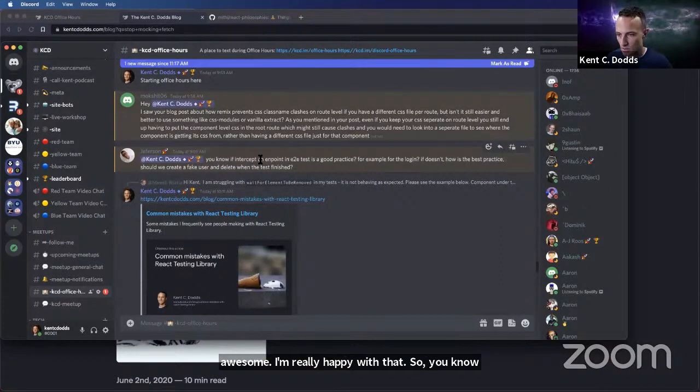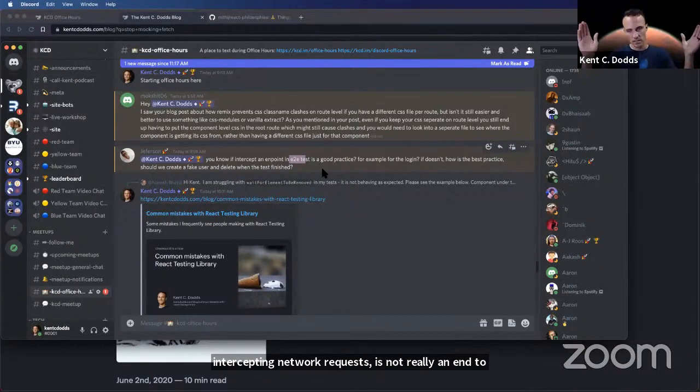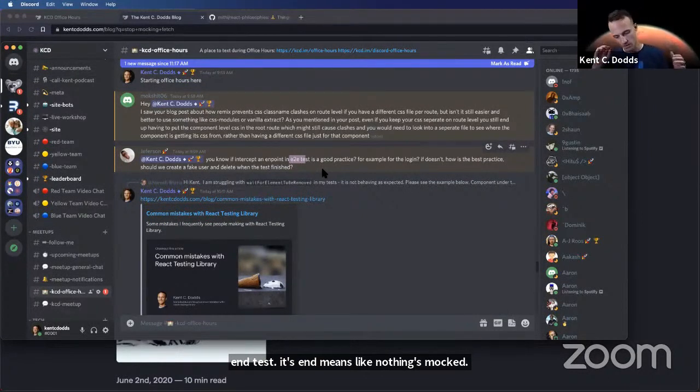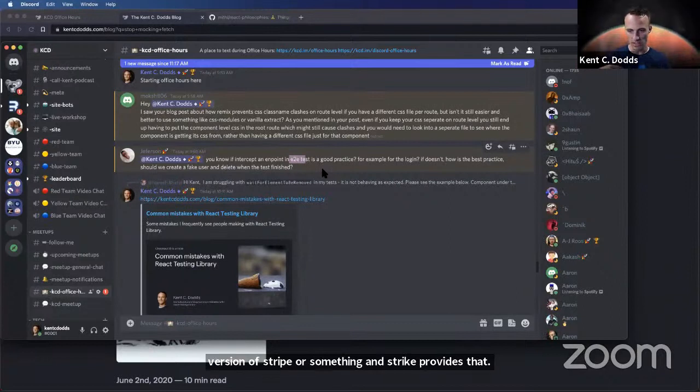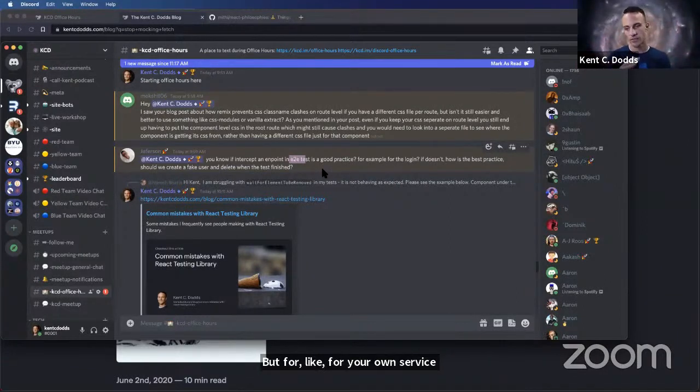Is intercepting an endpoint in an end-to-end test good practice? Yeah, okay. So if we're talking about end-to-end tests, intercepting network requests is not really an end-to-end test. End-to-end means nothing's mocked, basically. So you're probably going to want to use some mock version of Stripe or something, and Stripe provides that. But for your own services, you should go all the way from the front all the way to the back.